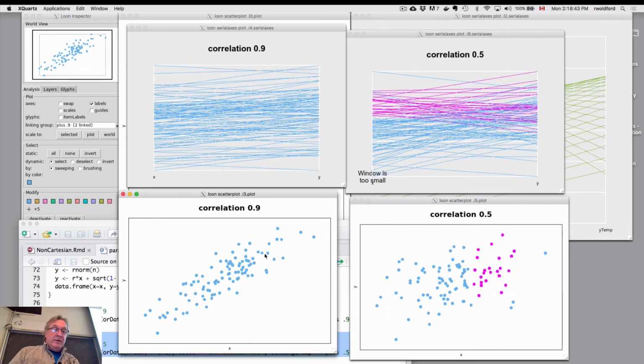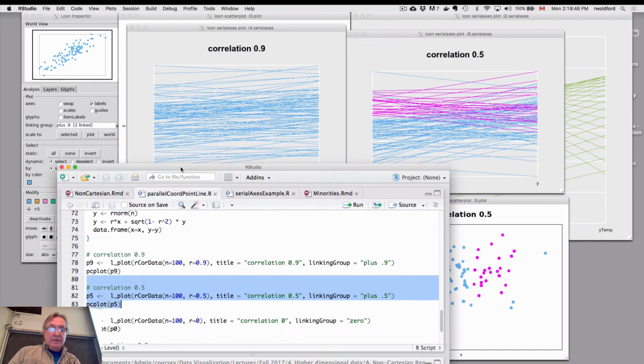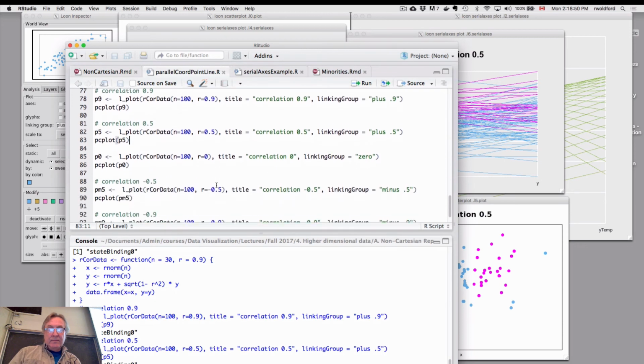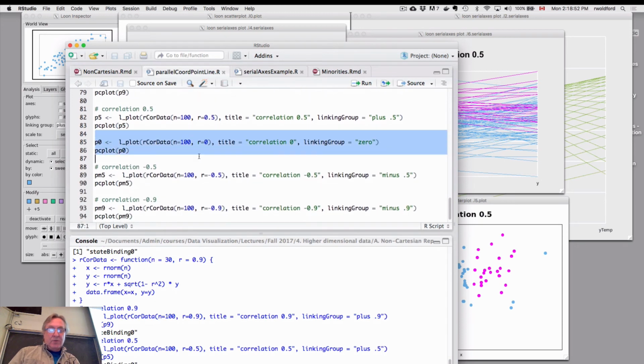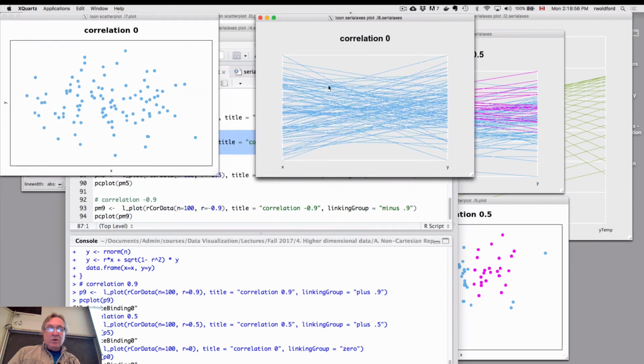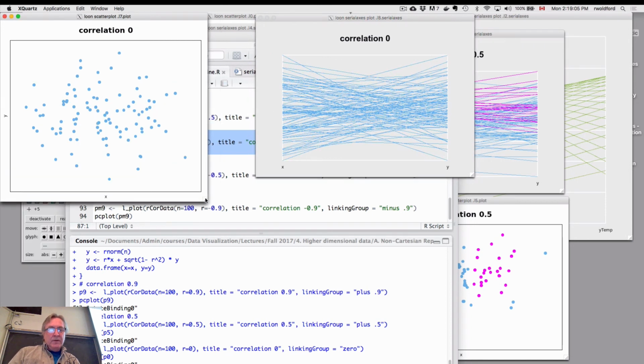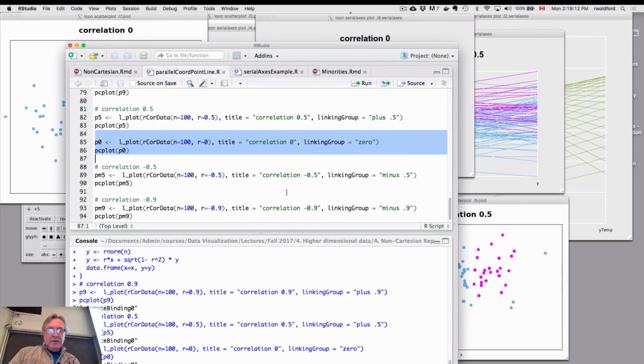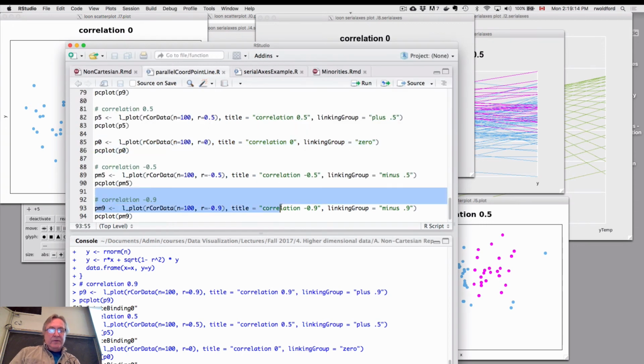Okay. And more interesting again is the negative side. Well, let's just do zero correlation first. Zero correlation, some of them are high with high, some are like these high ones with high ones, some are low with low. That looks like it's a zero correlation here, a little hard to tell here. There's a lot of parallel and a lot of crisscrossing. If we go to negative, a negative 0.9,